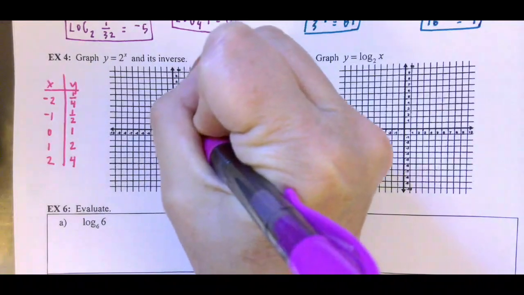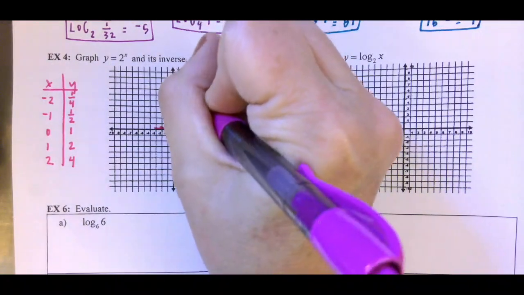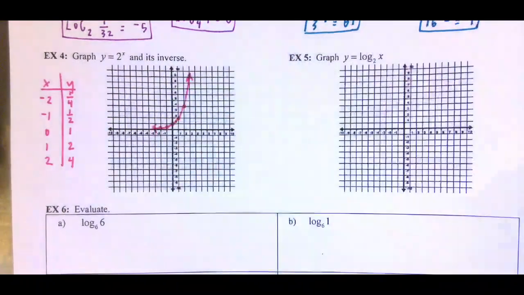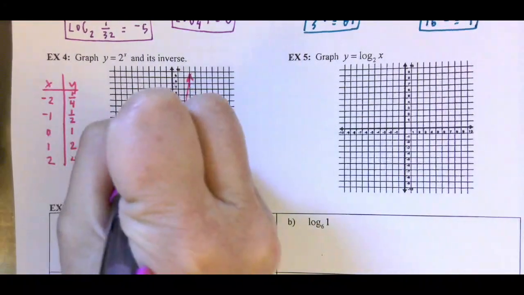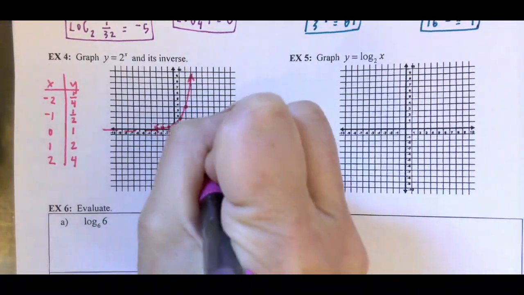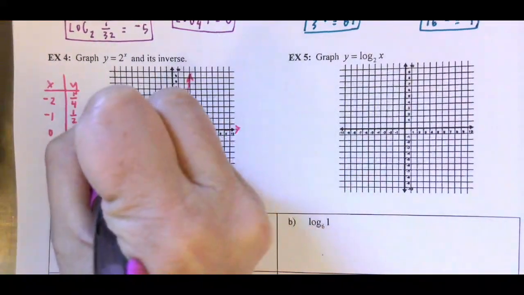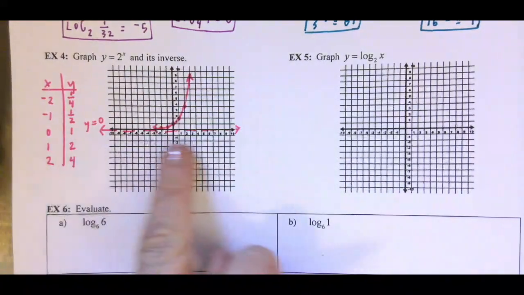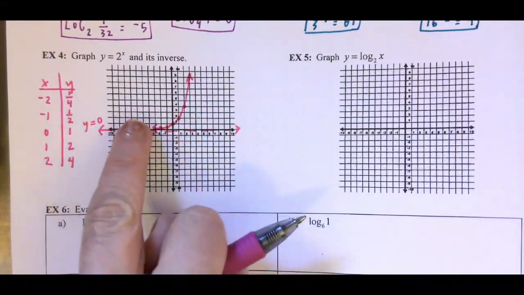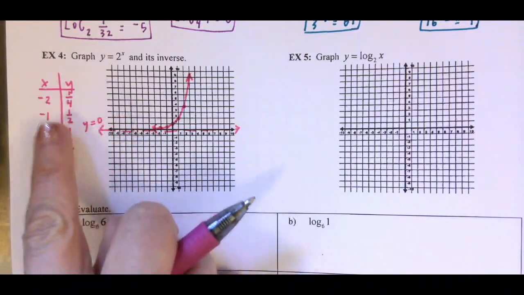Here is my exponential function with a base of 2. Now I'll always have a horizontal asymptote right here at y equals 0. I have an asymptote right here because even if I plug in an x value that's way over here,